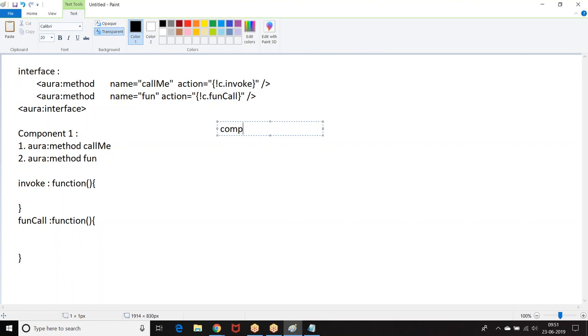Component 2, which is implementing, also has call me, because if a component implements an interface, all the methods in the interface will be coming. So when component 2 implements the interface, all the methods defined in the interface will be coming here. So the names are fixed,